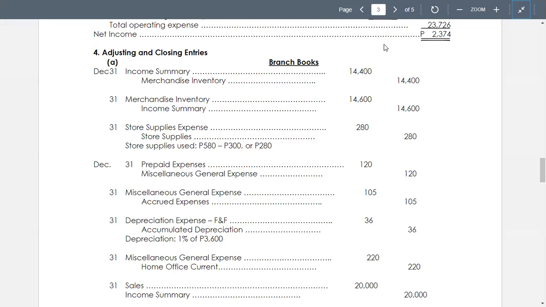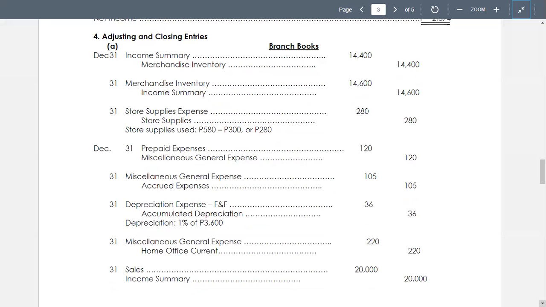Now we are going to take up a straight problem in chapter 14 as well as the multiple choice problems and theory. But take note that chapter 14 is merely a continuation of chapter 13. But in chapter 14, the focus is on shipments to the branch at billed price, unlike in chapter 13 where the shipments to branch are made at cost. Now this time it's at billed price, meaning at above cost.